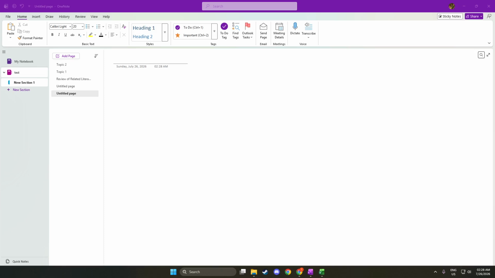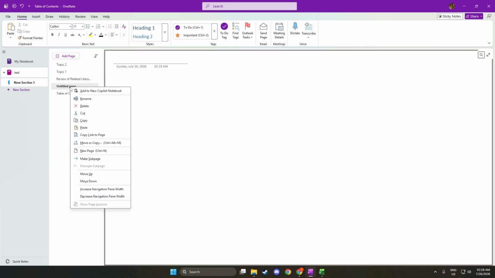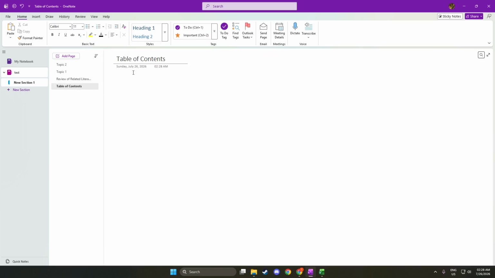This could be any page that contains essential information you want to reference frequently. Scroll through your pages to locate the specific one. It can be helpful to remember the title or the content of the page so you can find it easily. Take a moment to visualize where this page fits into your overall note structure. This step is crucial as it ensures you are linking to the right content, which will streamline your navigation later on.